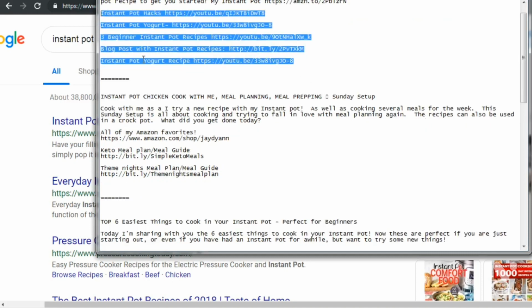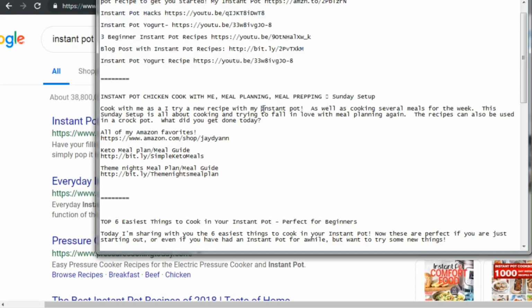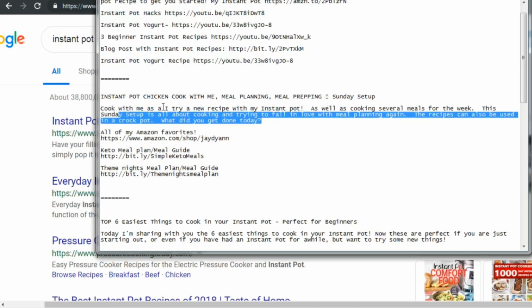So now we look down here, it says Instant Pot Chicken. So this is the lady who is ranking really high on Instant Pot, but also Instant Pot Chicken. So it says cook with me as I try a new recipe with my Instant Pot. So we can see the keyword Instant Pot here. And as you can see, the description is really written for the user, but it contains the keywords that are necessary. So you don't need to write something like Instant Pot Chicken or something that's just a bunch of garbled information. You want to make sure that the title and the description attract people first and foremost,